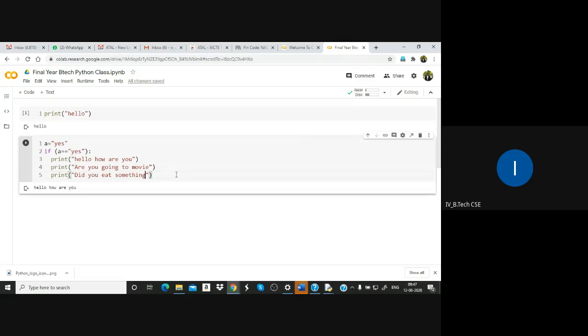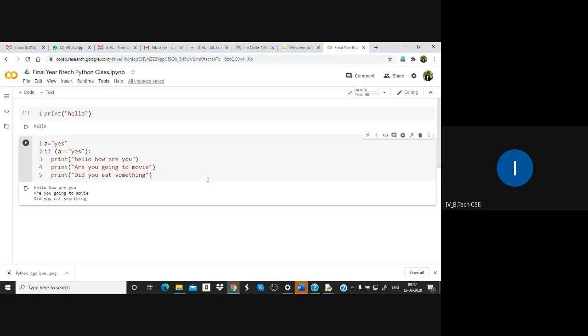Like this we can put many statements under a single block. We can have one statement or many statements, and they all come under one block. Okay, can you understand?